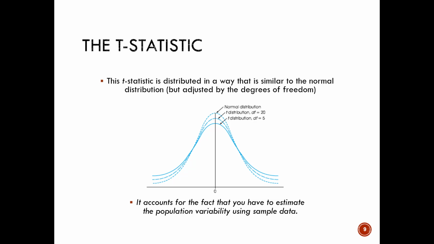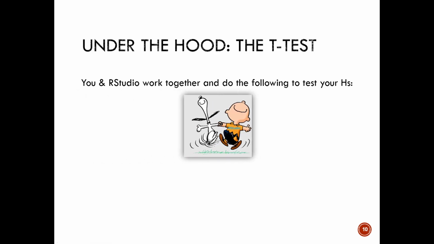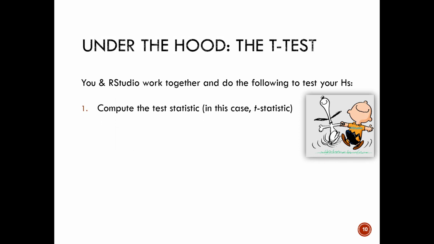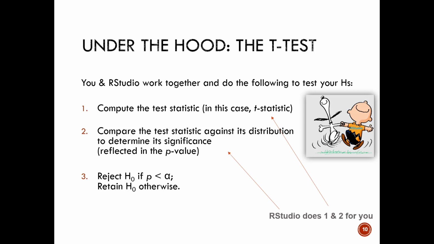So let's take a look under the hood and see how you run the t-test. So you and RStudio work together to do the following. First of all, you compute the test statistic. In this case, it's the t-statistic. And then you compare the test statistic against its distribution to determine the p-value. And then you evaluate your hypothesis and determine whether or not you reject or retain your null hypothesis. Now, luckily for you and for me, RStudio does number 1 and 2, and so your time to shine is